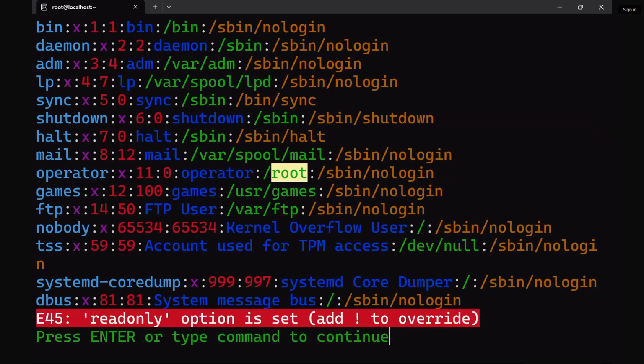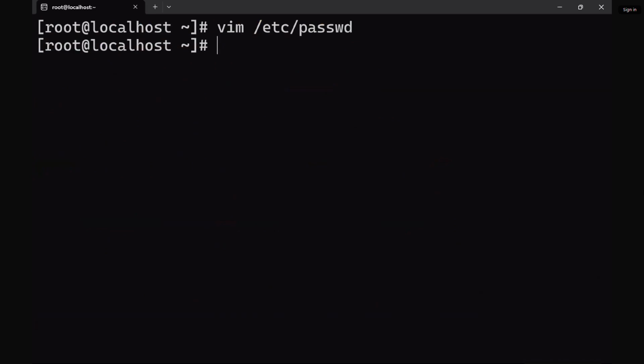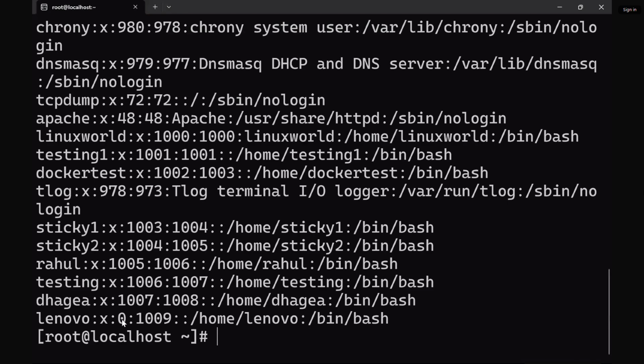If I save this file, this file is read only, so what happened? You can use this option to force save the file. If I open the file, cat /etc/passwd, you can see the ID of the Lenovo user is 0 now. The power of the admin privilege does not come from the name, it comes from the UID. If I log in with su - lenovo, you can see